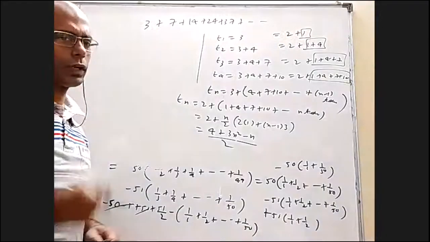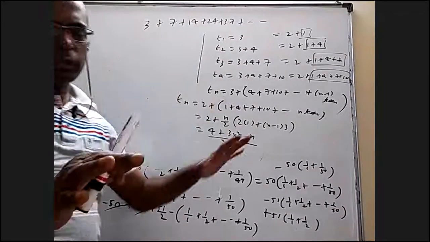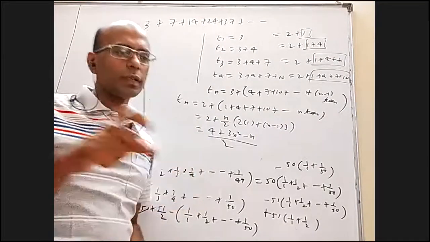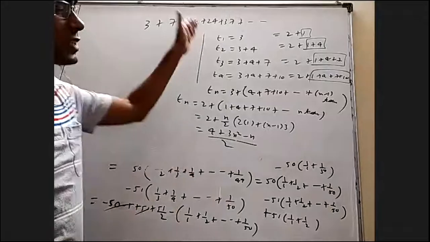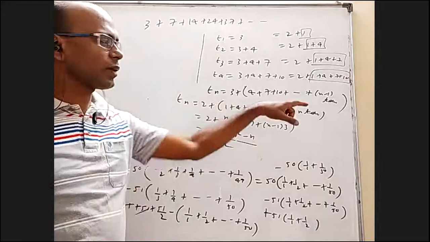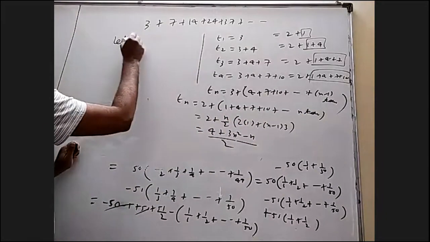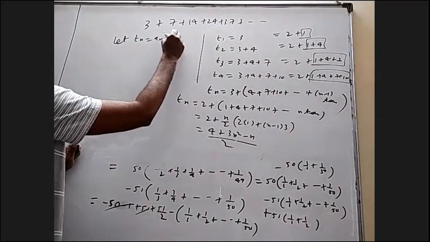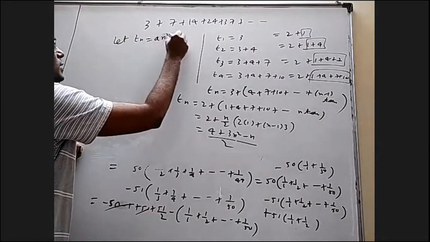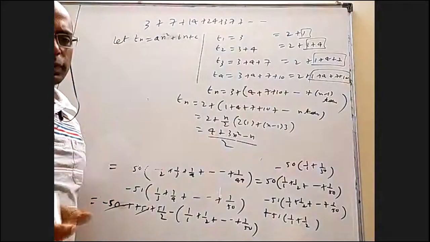Yes, sir. Okay. Another method is, whenever the numbers are in AP, normal numbers are in AP, the nth term will be a linear expression in terms of n. That is, it will be some number into n plus some constant. Whenever the differences are in AP, your nth term will be a quadratic, you can see that, because your nth term itself will be the sum of n terms of an AP, which is a quadratic in terms of n. Without all that, you can take let Tn equal to a into n square plus b into n plus c. It's a quadratic. If you know a, b, c, your job is done.